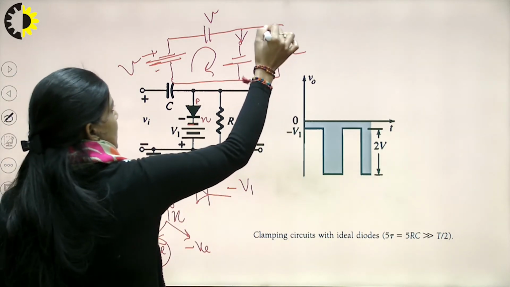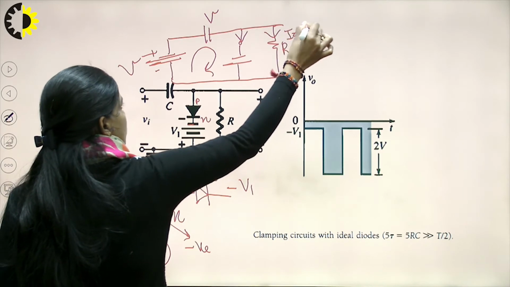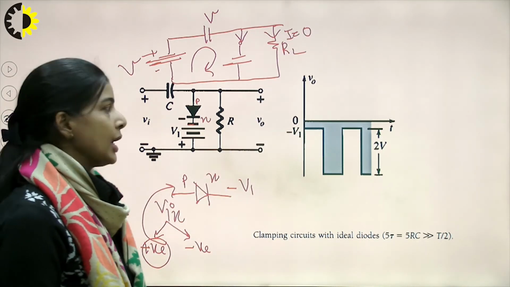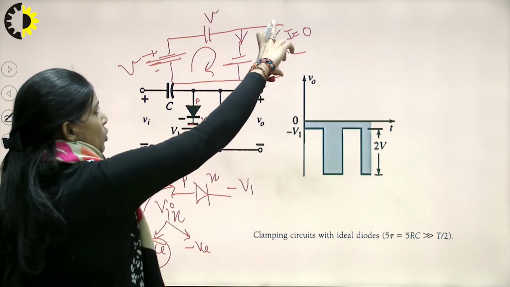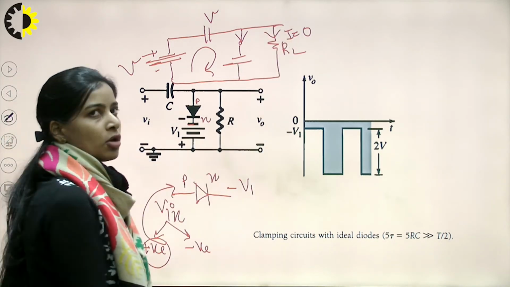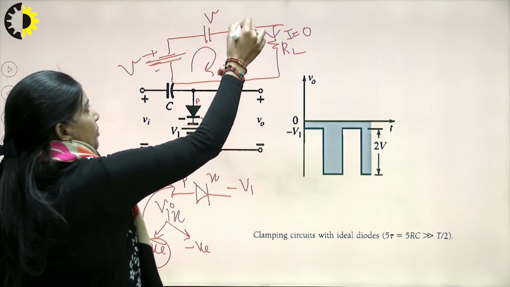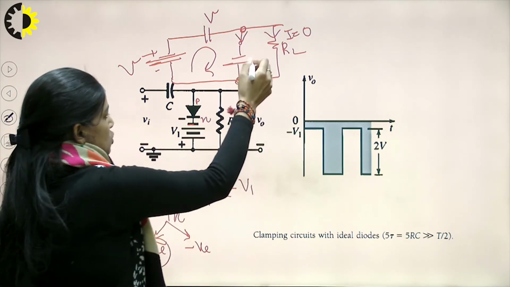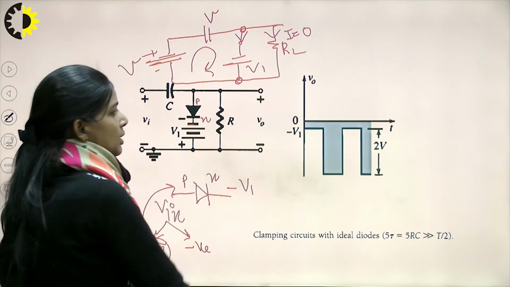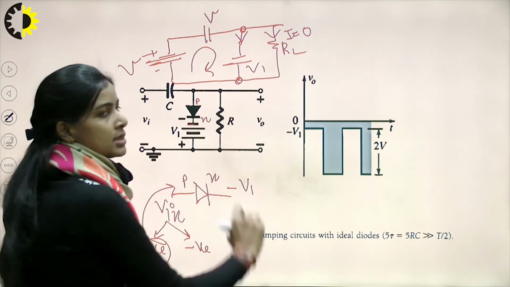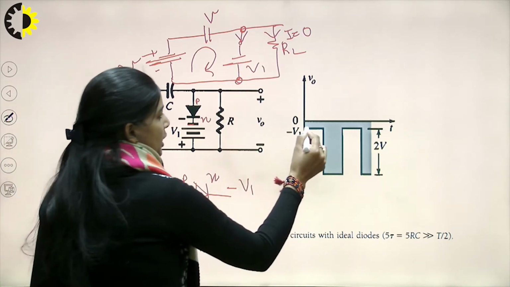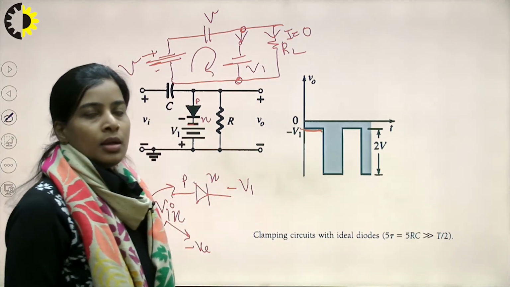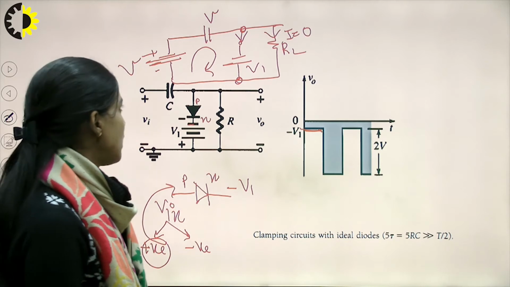But as there is no current flowing through the load resistance, there will not be any voltage appearing across this load resistance. What will be the voltage across this? That will be between these two nodes, and between these two nodes the voltage is V1, and that V1 is negative. So, that negative V1 is represented here. Next, for the negative half cycle,